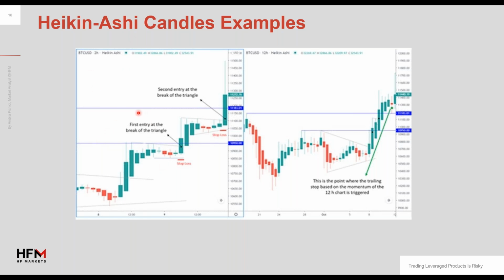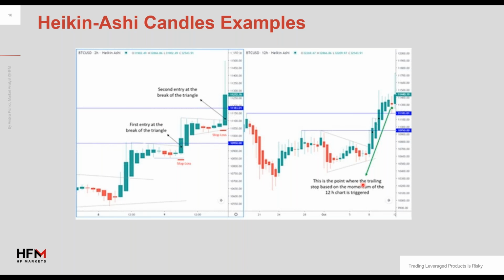Okay, so what's the idea? After the momentum has been identified, the idea is to look for a continuation in the 12-hour Heikin Ashi. So we have the breakout, right? So we zoom in into the 2-hour, when we initially saw the breakout, which could act as a nice entry level as well, by the way, right? And we are checking the 2-hour one,